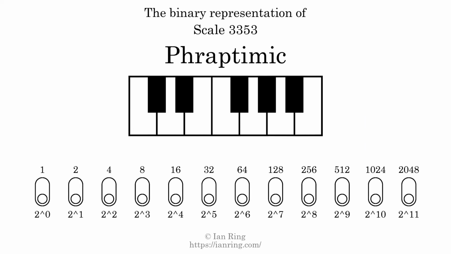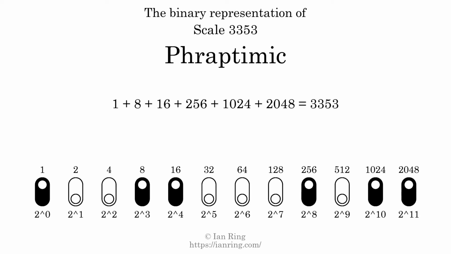The binary representation of this scale is determined by mapping tones of the scale to binary digits. Each binary digit represents a power of 2. To get the scale number, we add the powers of 2 together. The powers of 2 that are present in the scale, all added together, equals 3353. That is why the scale number, in decimal, is